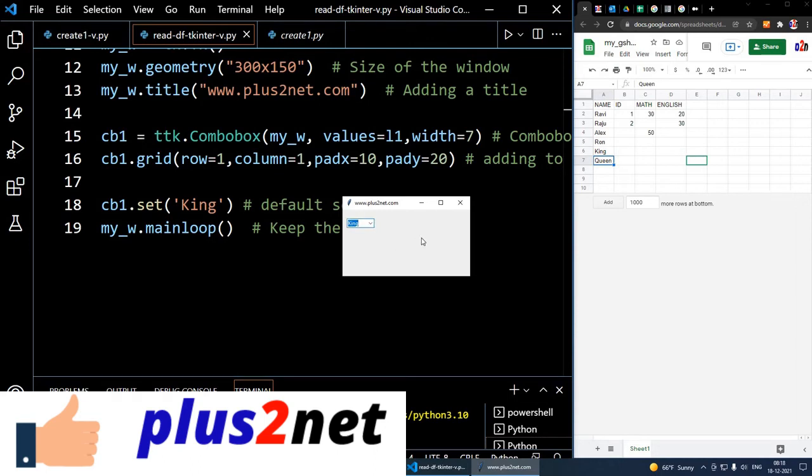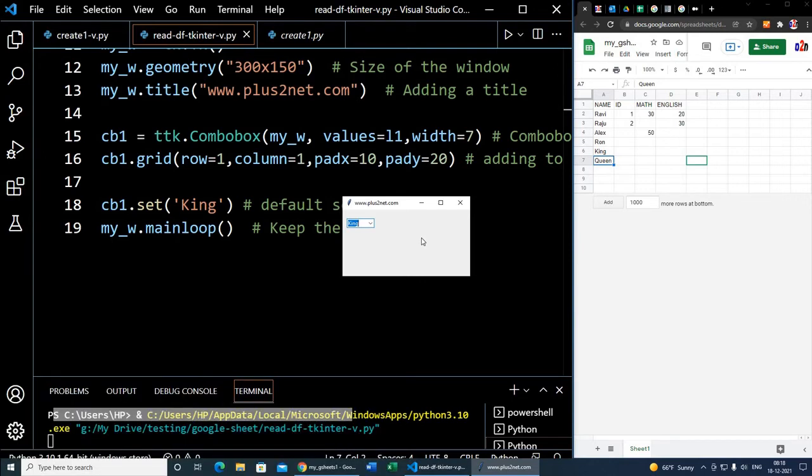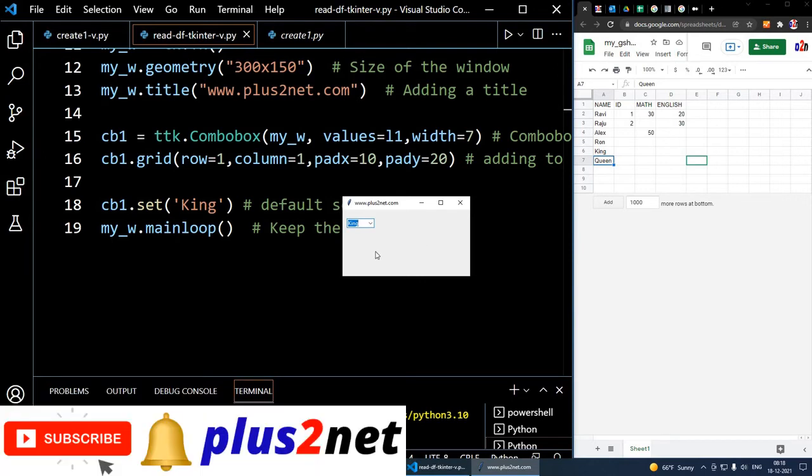Next we will see how we will update the data. Suppose this name I want to change, the king's option to that. So from the Tkinter window also, we can update this Google Sheet, and from there we can take the data, or you can ask the user to edit it also. So Tkinter is a user interface which interacts with the user, and based on that background we can use the Google Sheet. So many such applications we can develop, and that's all. This is a small application, basically an introduction to Tkinter and Google Sheet.